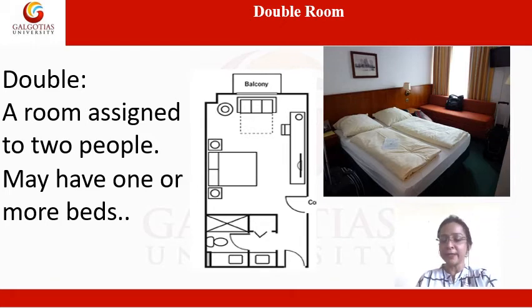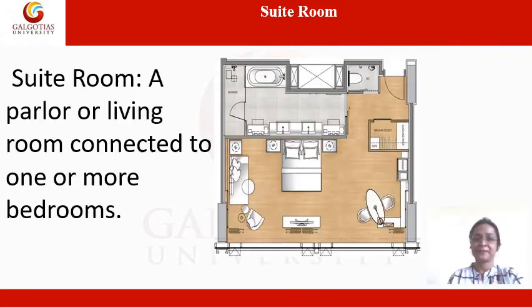So let's see what next is there in a room layout. Let's see that. This is our suite room. Suite room means a parlor or a living room which is connected to one or more bedrooms, right? As I had already shown you in the first video how the suite room looks, here is the complete layout of your suite room, which I believe will help you understand the different features available in a suite room. This is the suite room with a large bed, the king size bed rather.